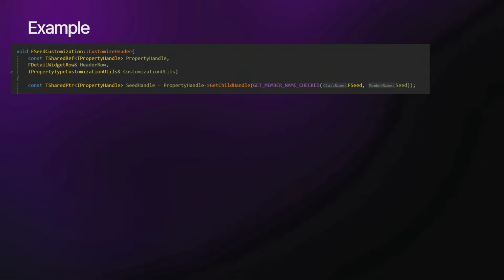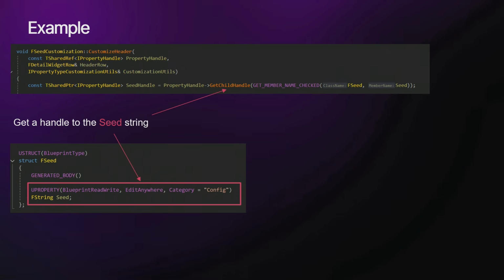So if we dive a bit into this, it looks like this. The first thing we want to do is get a child handle to our seed string. So property handle is a virtual handle that lets you do a lot of cool stuff, mainly getting a value and setting a value. And it's pretty nice because it's going to handle multi-selection for you, meaning that if you have a dozen objects selected, it will automatically return the same value for all of them, and let you set the value for all of them at once. Over there, we use get member name checked. This is just a fancy way of typing seed, but it has a big upside of being type safe, meaning that if we ever rename our seed variable, this will fail to compile,